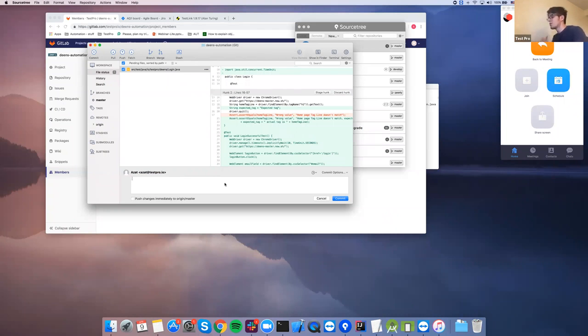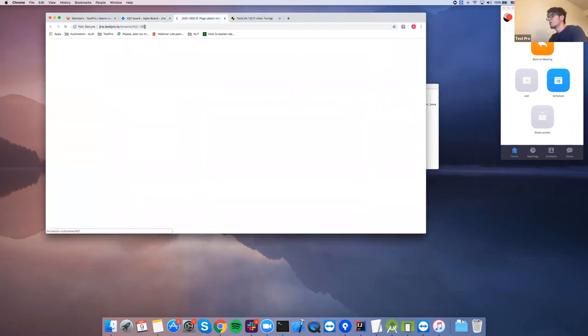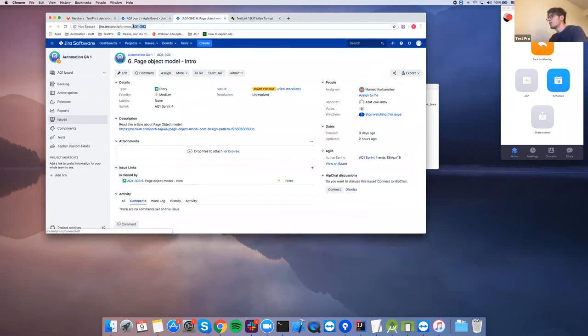Usually in companies, they have Jira integrated with GitLab or GitHub. We currently don't have it, but after it's integrated, you can pass your ticket number. I'll take this one, this is a ticket key. You can copy that